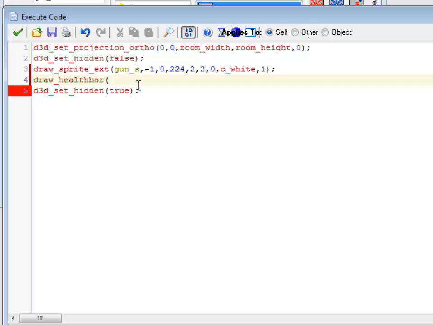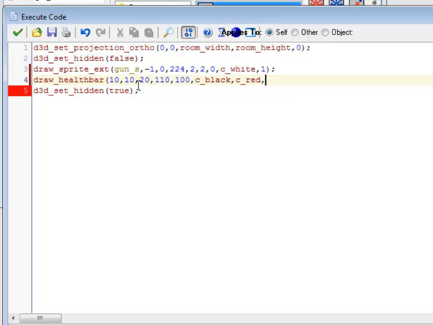Well, maybe I'll anchor it at the top left and then have it go down. So mine's going to be at maybe 10, 10. Let's see, X2, I'll try 10 wide. If I don't like it, I'll change it. Maybe 110 down. The amount, 100%. Background color, black, I guess. Min color,